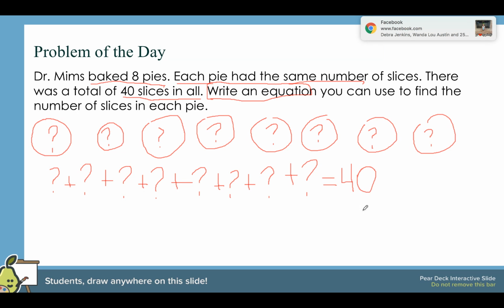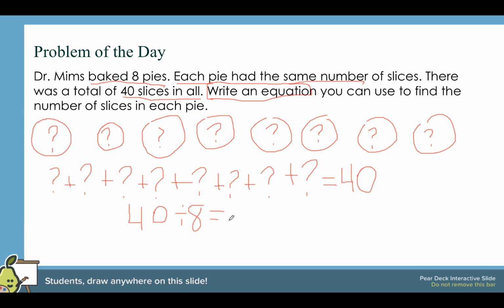Okay? But how could I find the answer to each one of these question marks? I could use division. So I would take the total amount, because remember in division, we write the total amount first. So I would write 40. And then I'll say, okay, well, how many equal groups do I have? Well, that would be the number of pies. Each pie is a group. So 40 divided by 8